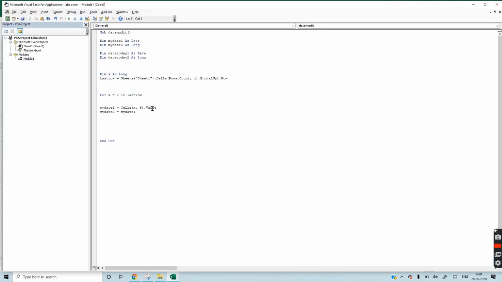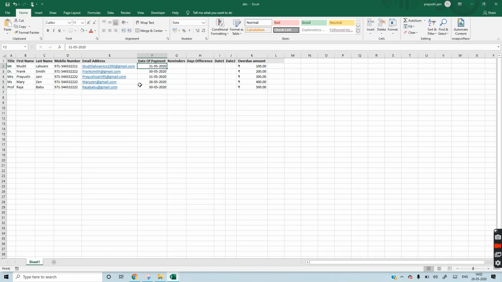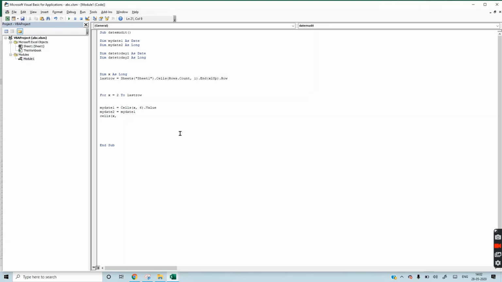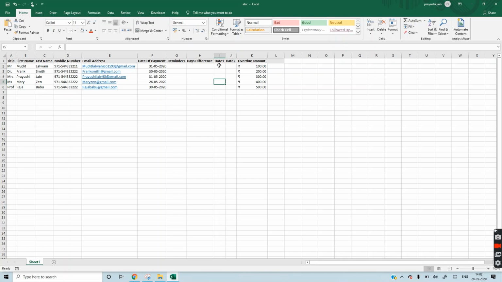My date 1 will be that date, and automatically it will convert into a number, as I've explained in this code. Whatever the value becomes, it will be written in this 9th column.